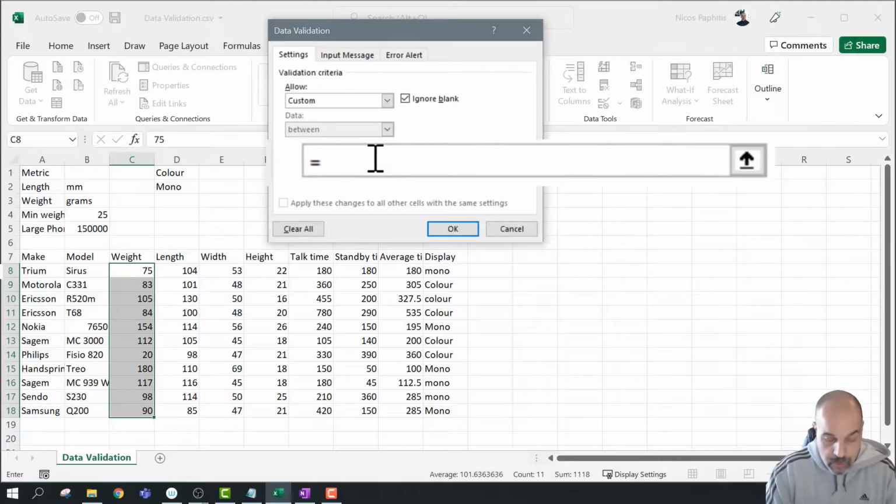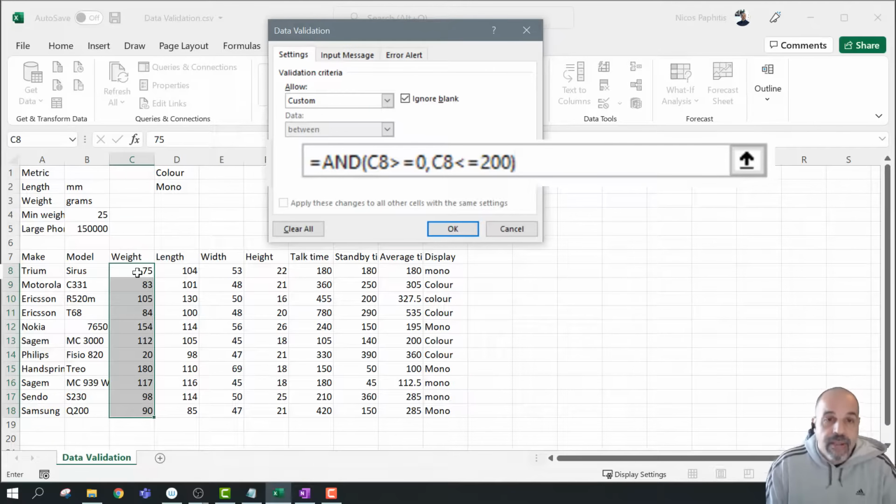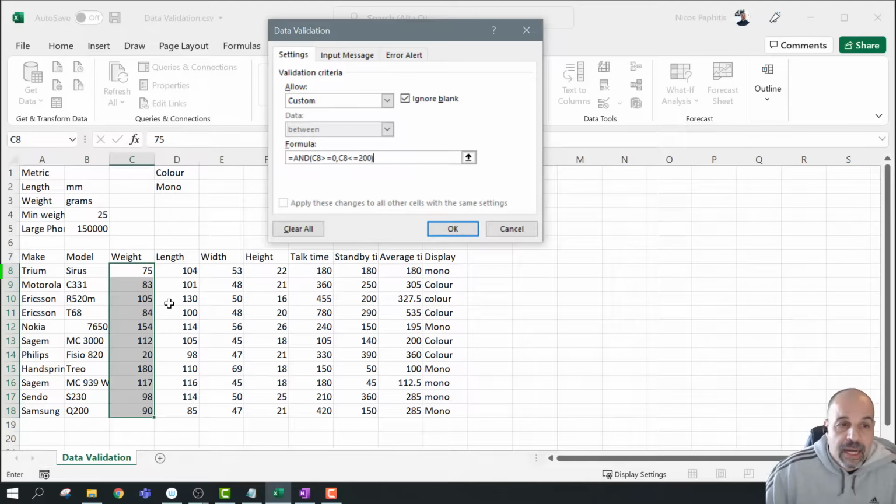So I'm going to start off with equals to AND statement, open brackets, and my first statement is going to be C8. So this one here, I'm going to be working on this one, is greater than or equal to 0, comma, and now I'm going to put my next condition, and I'm going to say C8 is less than or equal to, say, 200. I think that's a fair number. All of them have got it. And then I can close that. Now, this is going to return a true or false value based on this first cell here. And if I click on OK,